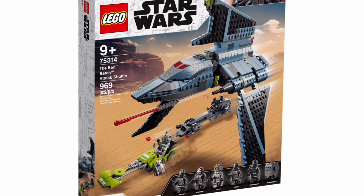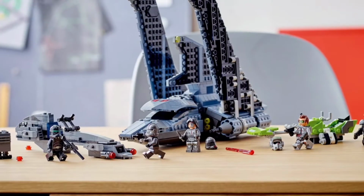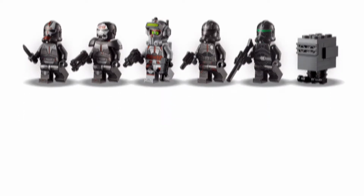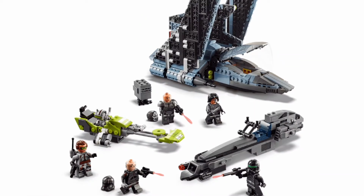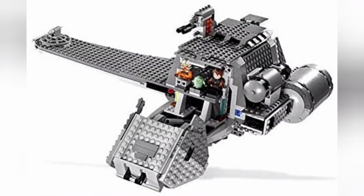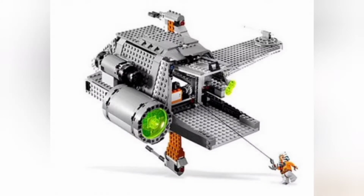Now we have to take time to also address the Bad Batch shuttle. If you're new to collecting Star Wars LEGO, you will very quickly find you'll be having the same almost panicky feeling as many of us, a sort of fear of missing out. And I definitely have this with sets like the Twilight. I waited and waited to make my mind up about getting this. I tried to get it cheap when it was close to retirement and I actually missed out. The prices went through the roof after it retired, and so I just kind of moved on, and I won't